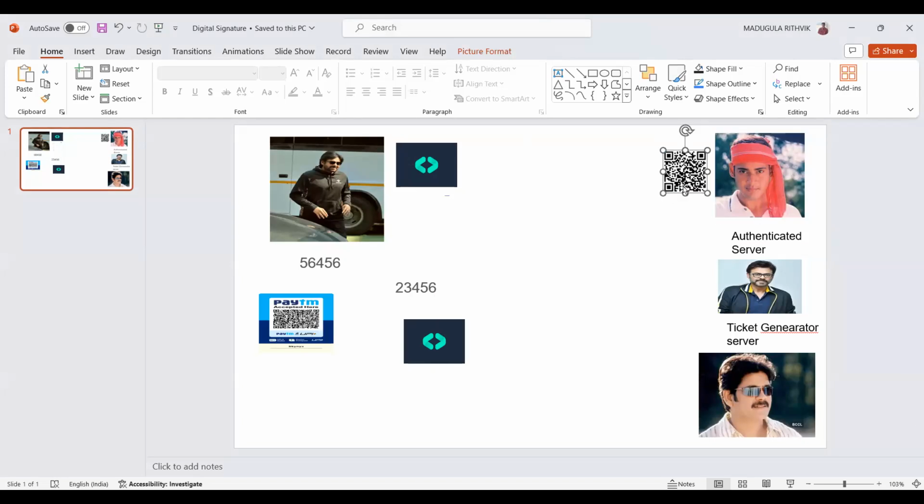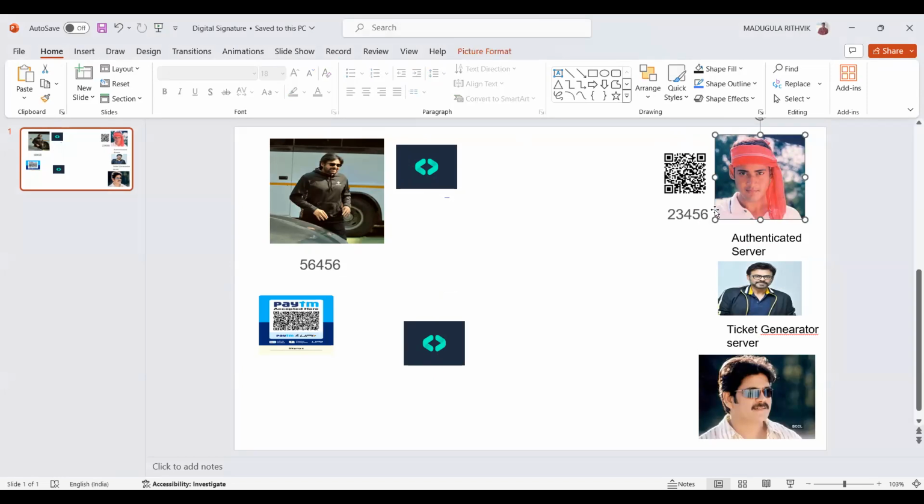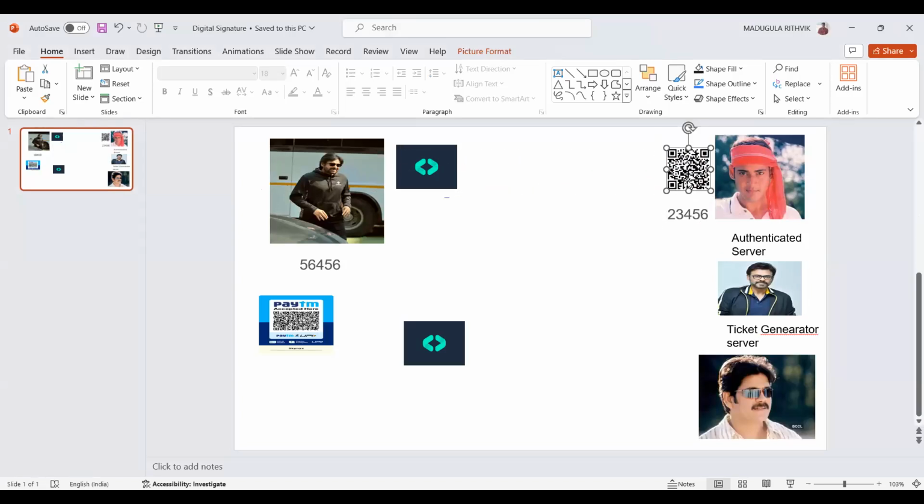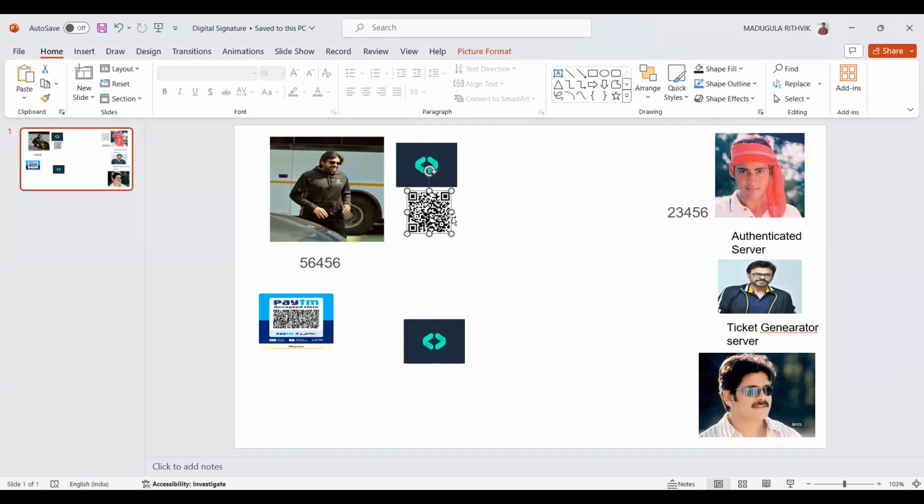Whether this server is going to authenticate or not. So now this server is going to check the authentication with the help of master keys. There are two master keys, and based on the master keys, the verification is done. If the verification is done, now this authentication code along with the service is going to be sent to the